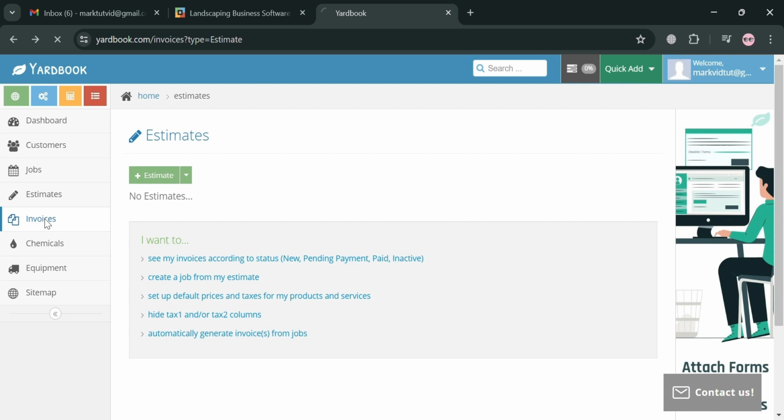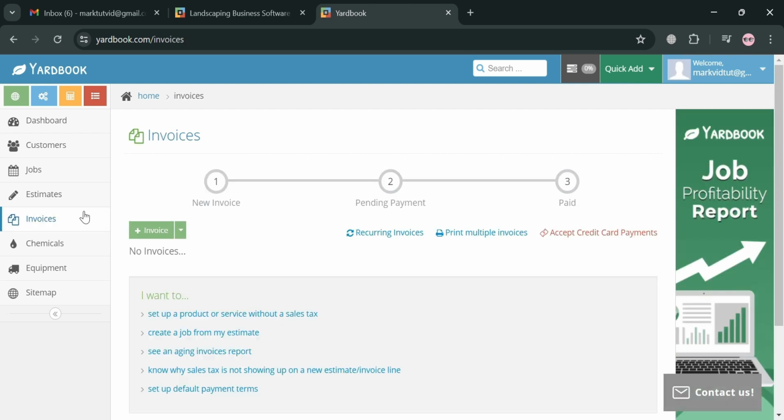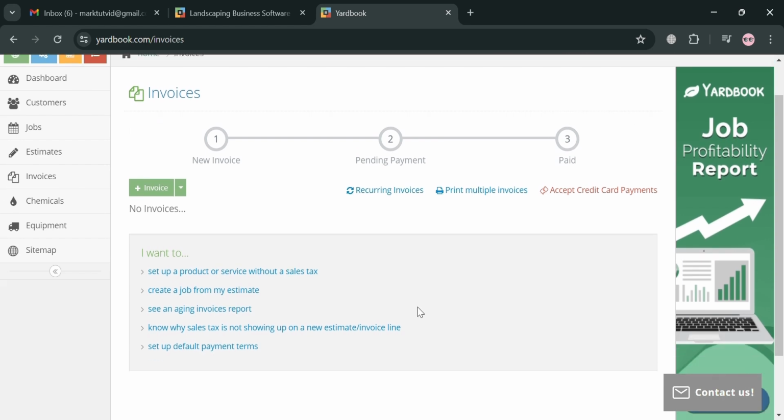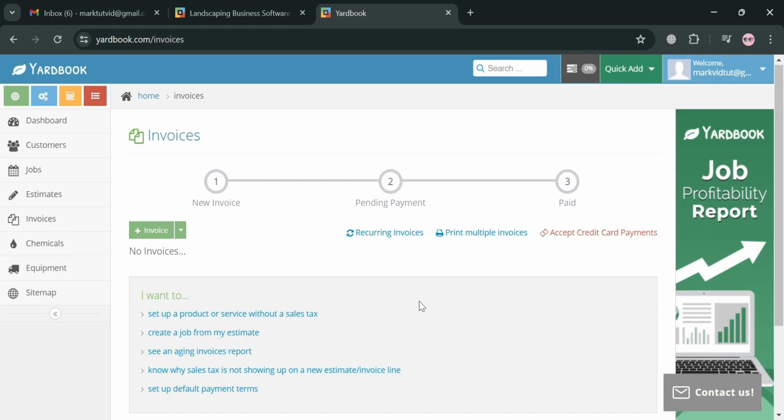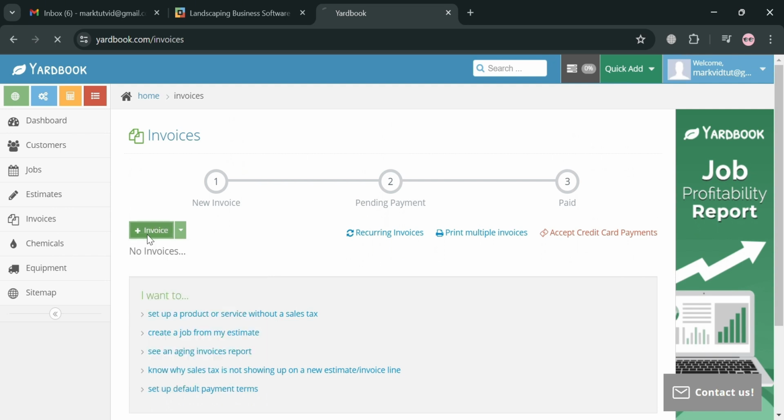relationship with their customers. Now moving on to invoices, in which this feature allows users to create and edit invoices, including the ability to create recurring invoices and generate similar invoices for future use. Additionally, landscapers can record payments, set invoices to pending or paid status, and send invoices directly to customers through the platform. And now to start creating an invoice, just click this plus invoice button right here, in which upon